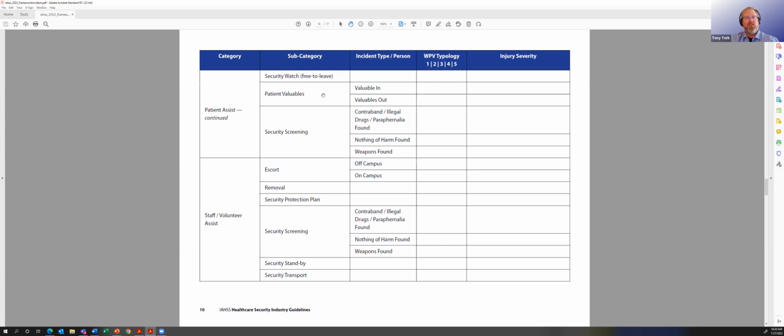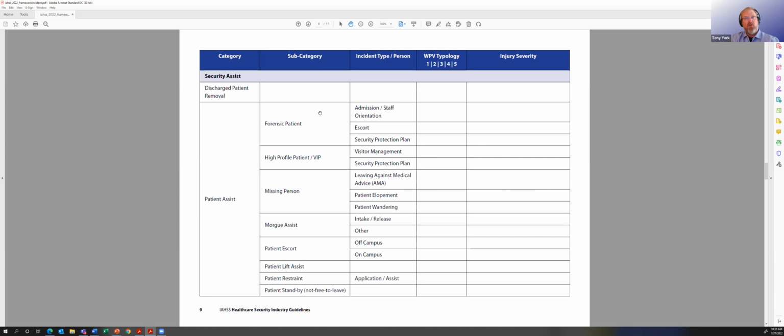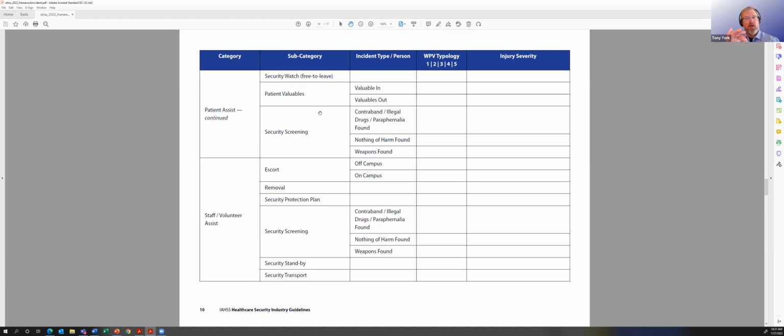but what we wanted to realize is the security watch is someone is there, they're not on a hold. They're not in California on a 5150 or a Baker Act in Florida or wherever you may refer to that in your specific geography. But we also realize that that's where the mere presence of the officer may be called to stand by and just do that versus the security watch. So you'll notice that those terms are applied here,